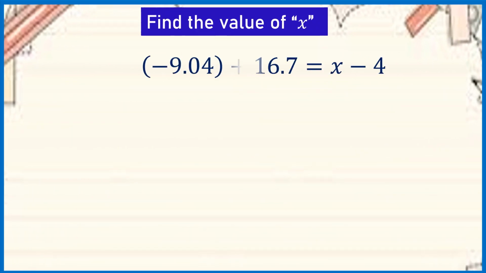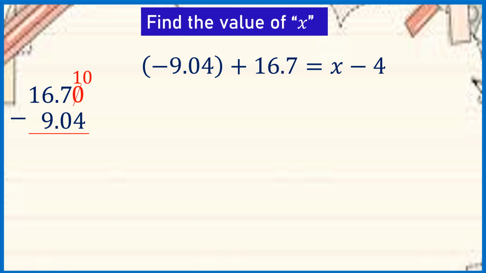Now let us have another one. Negative 9.04 plus 16.7 is equal to x minus 4. In here, we are going to subtract the left-hand side of the equation. So 16.7 minus 9.04, so that we can subtract easily, add 0 to 16.7, so it will become